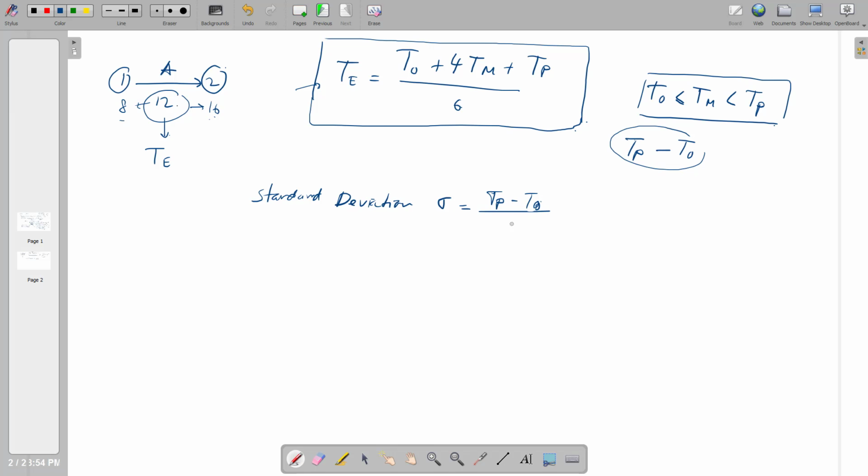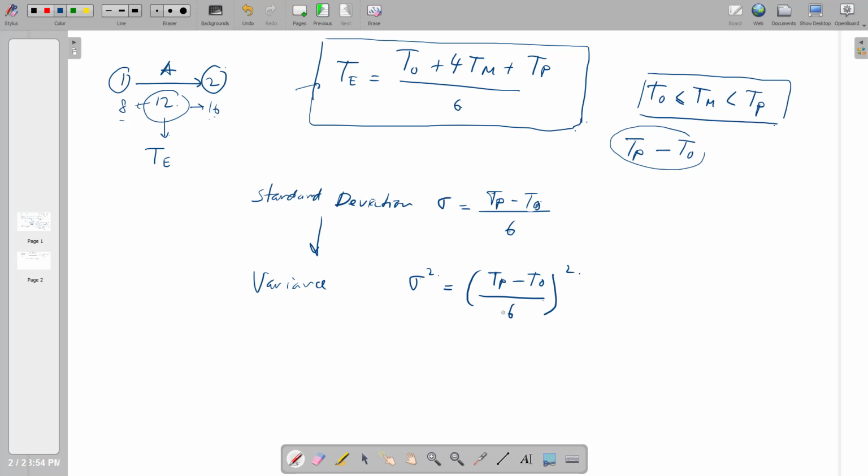TP, TO. Okay, divided by 6, because the total number is 6, so the standard deviation will be this one. That makes the variance, as you learned before from the statistics lesson, the variance will be sigma squared, which is actually TP minus TO